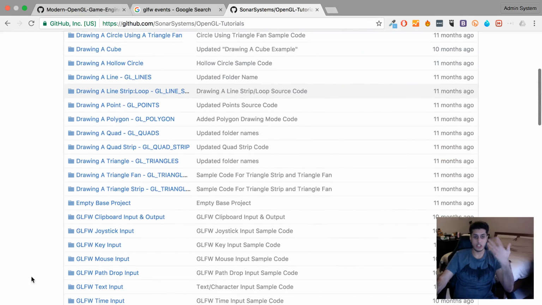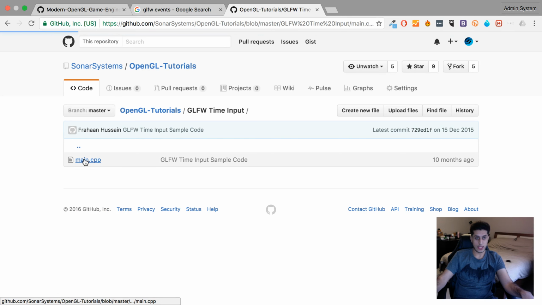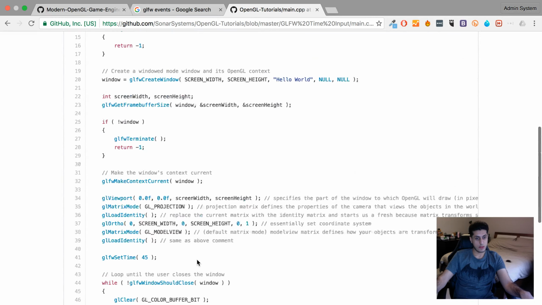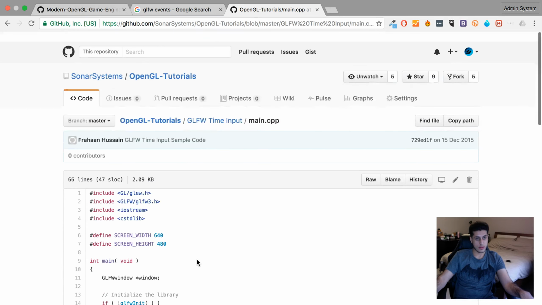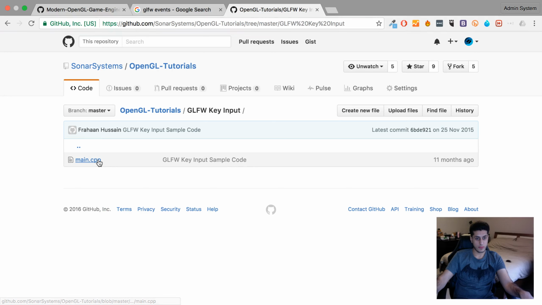GLFW. Just trying to time input should have the latest piece of code. No, that's the same poll events. So if I do key input,